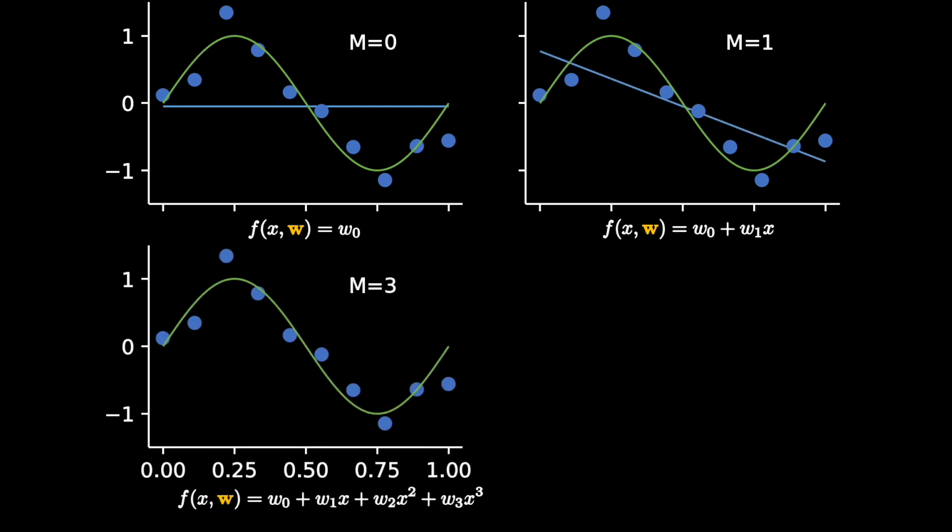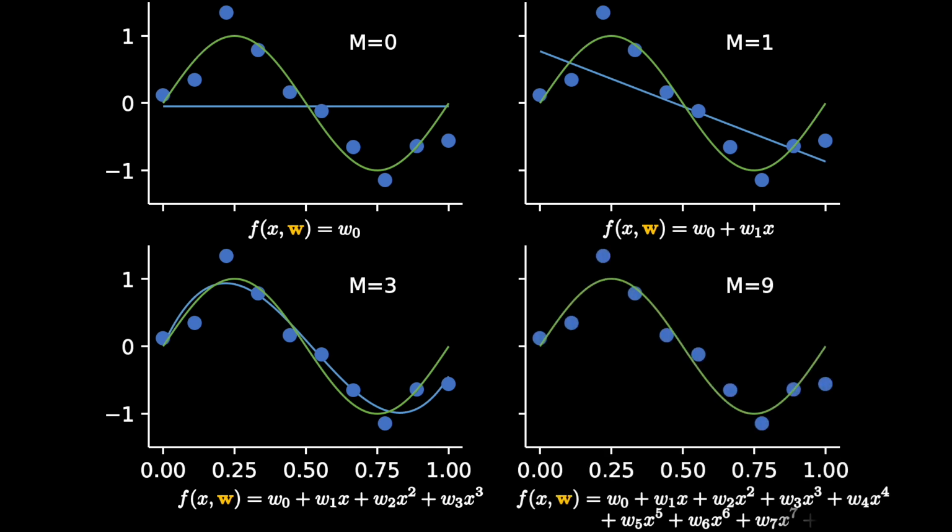The third model is of degree 3, that is, it has not only the independent variable x and its quadratic form, but also its cubic form. Let's see how it fared. It looks interesting, it looks quite good. And the final model is using the polynomial of degree 9. This should even do better. You see, it created a curve that goes through all our training points. Interesting.